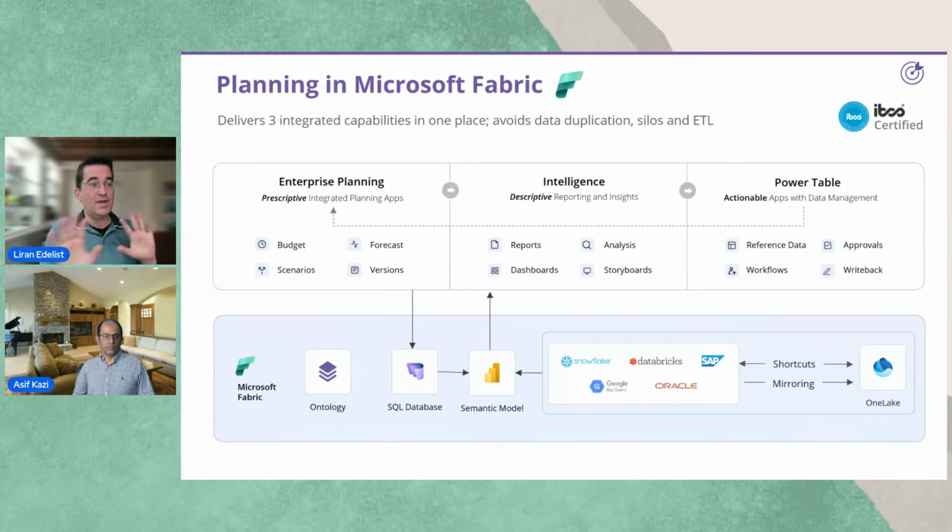And we have 3 types of sheets, in a way, 3 types of planning areas. One of them is the typical planning sheet, and the planning sheet allows you to create your modeling, your driver-based planning, scenarios, forecasting, rolling forecast. I'm showing some of those capabilities in a few moments. So that's one type of a sheet that we have, or one type of a module, if you want to call it like that. And the other one is a power table where you can do your data management.